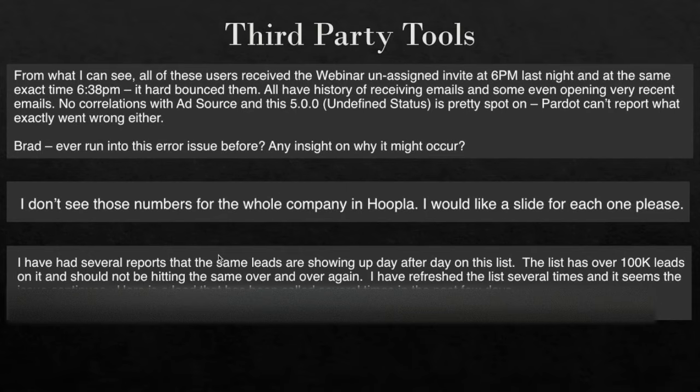But the best thing you can do to make yourself more useful to the company is try to do some research, maybe even reach out and open a case with Salesforce and try to figure out what's going on there. The next one is, I don't see these numbers. So this was for a month to date and week to date revenue report that they wanted to see in